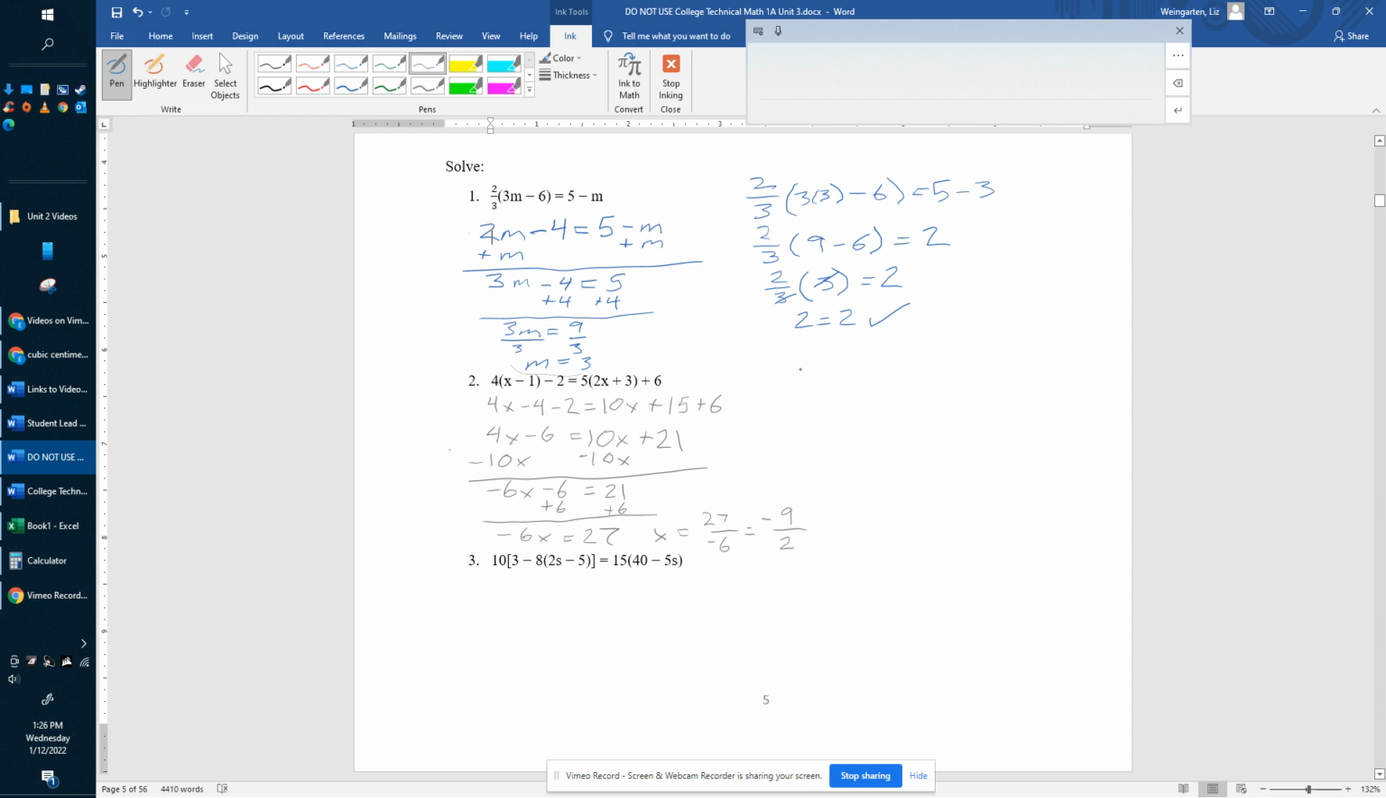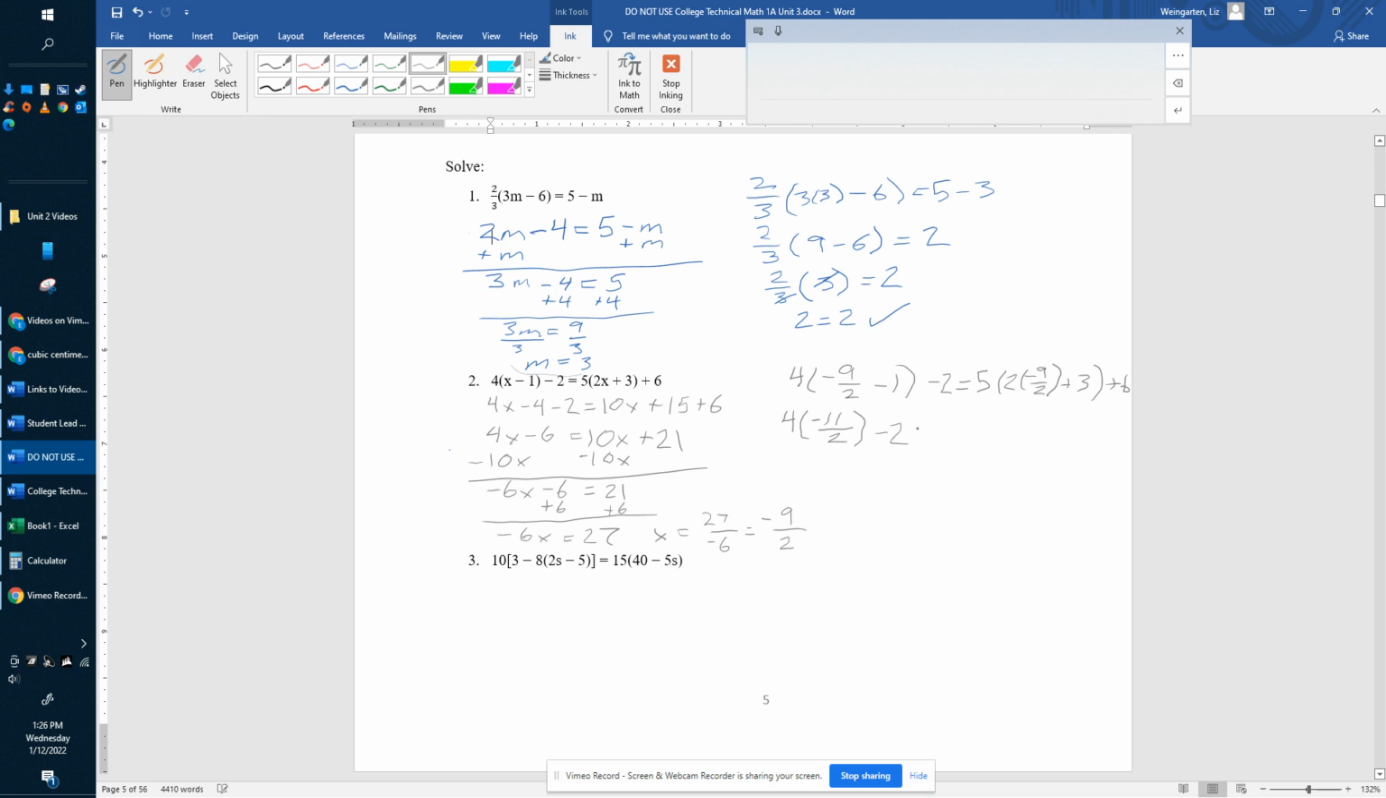Now let's check our answer. 4 times negative 9 halves minus 1, minus 2, equals 5 times 2 times negative 9 halves plus 3, plus 6. We'll do our order of operations. We have to do what's in the parentheses first. 4 times negative 9 halves minus 1. That's the same thing as subtracting 2 over 2, so that's going to give us negative 11 halves